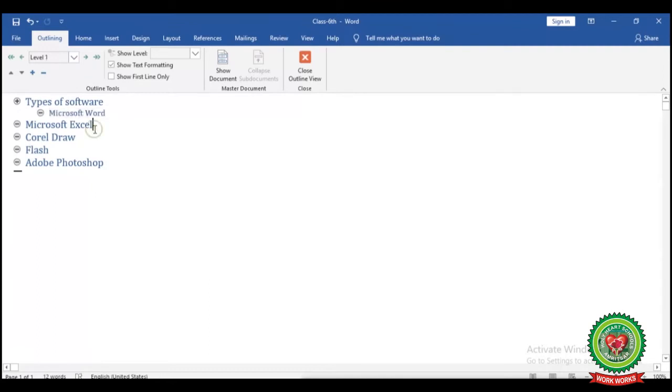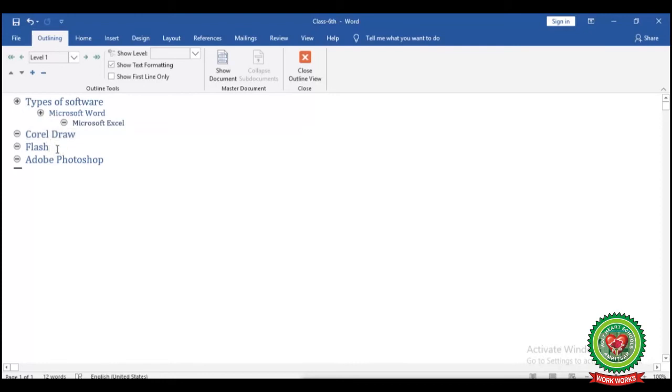Now select the other text. Click on heading level drop-down arrow and click on heading level 3. Now in the same way, select the other text, that is CorelDRAW. Click on heading level drop-down arrow and select heading level 1 option.